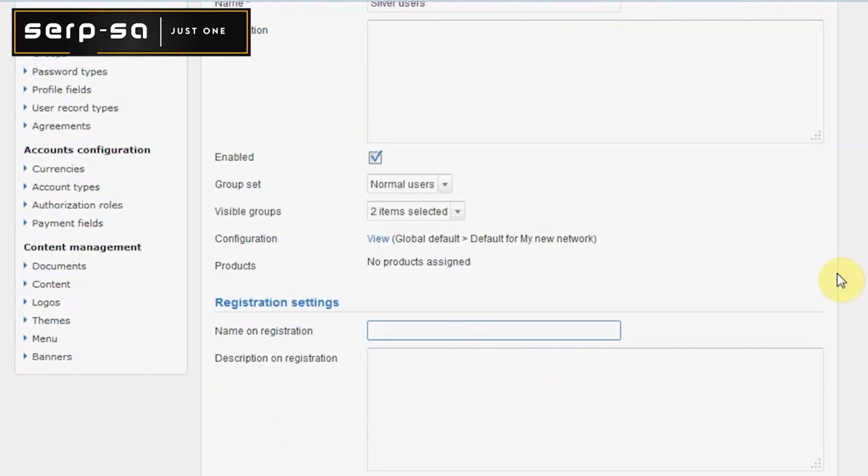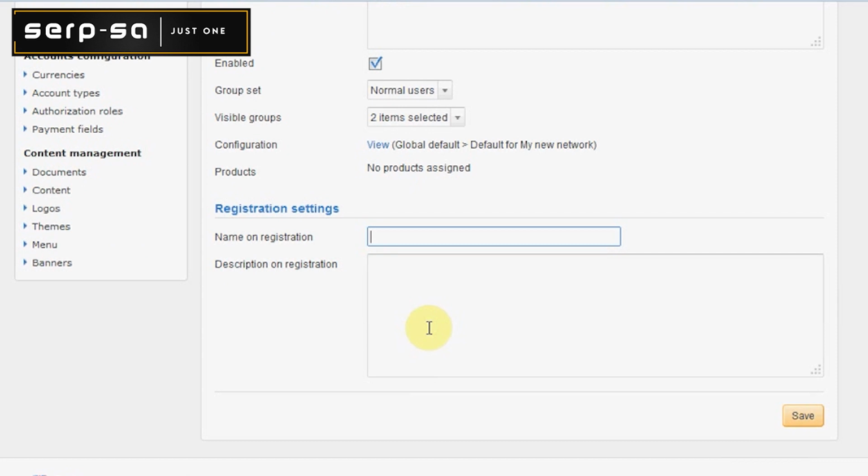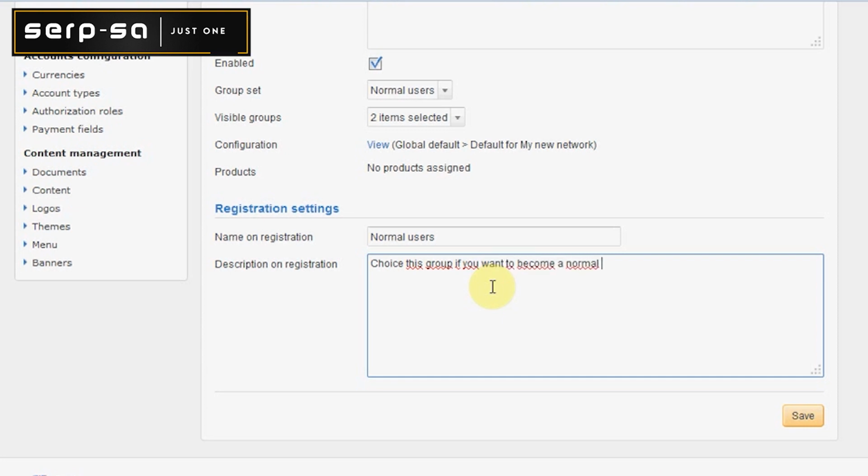In some cases, the user is allowed to choose a group upon registration. If we allow this, we should give the group a special name to be shown on the registration. We give it the name normal users here. We can give a registration description, and we say something like, choose this group if you want to become a normal user. We save it,